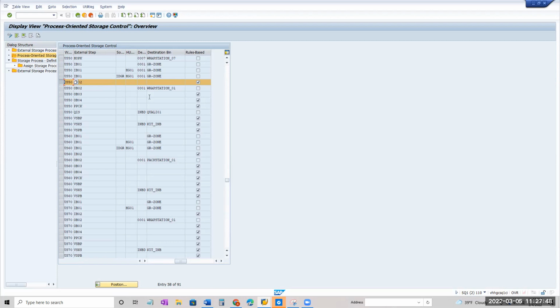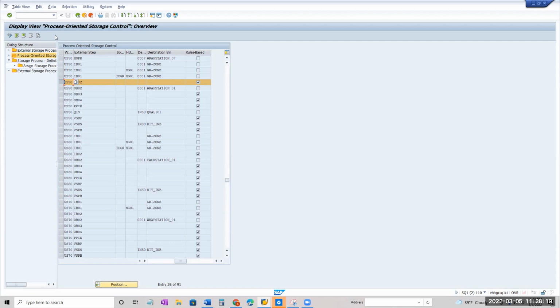That means if the HU contains only one product, it doesn't go to IB02. If you have an HU with two products belonging to two different activity areas, then it will propose IB02, and you can move further. Try that.